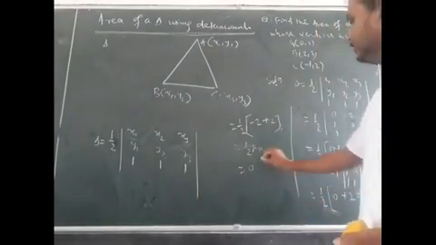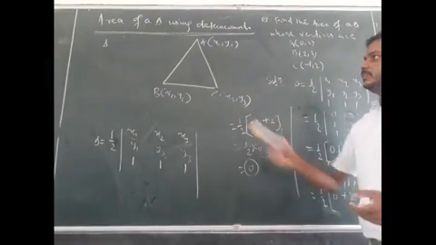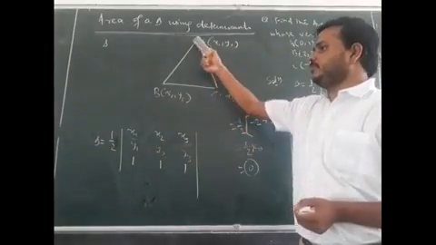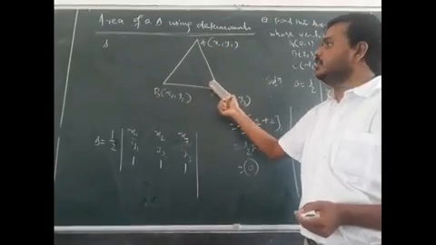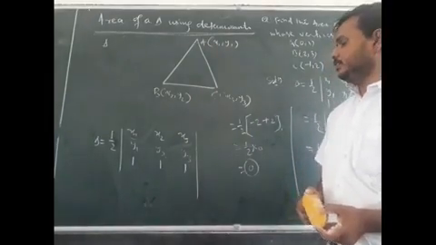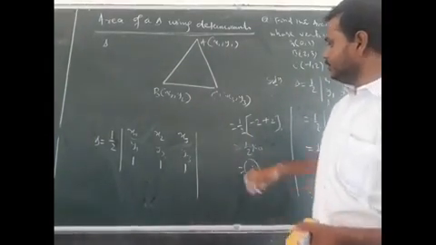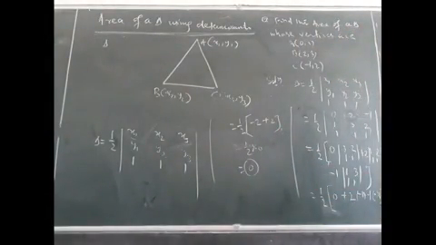Now my question is, if area happens to be 0, what can be your conclusion? See this triangle once again. If this triangle has no area, that clearly indicates that A, B, C are not forming a triangle. That means they are collinear. That means this question, where we are getting area 0, refers to a condition of collinearity.